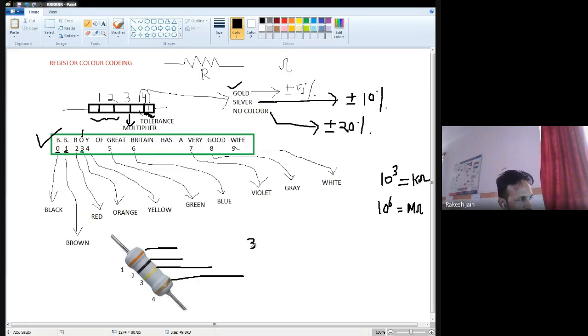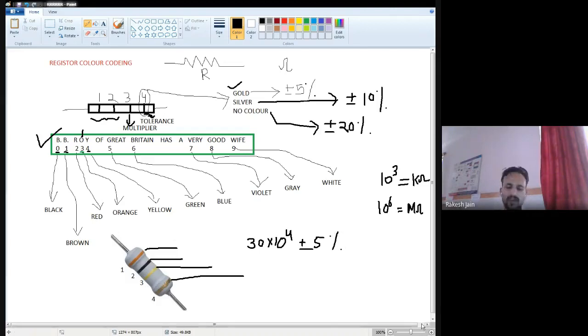So it is 3. Then the second is black color. The first two colors you directly write down from the color coding format. So what is the position of black? That is 0. So it is 30. Then the third color you should write in terms of 10 to power. What is the third color? You see this third color is yellow. What is the numbering of yellow? See, yellow numbering is 4. So 30 into 10 to power 4. Okay, the last one is gold. It means plus minus 5%.